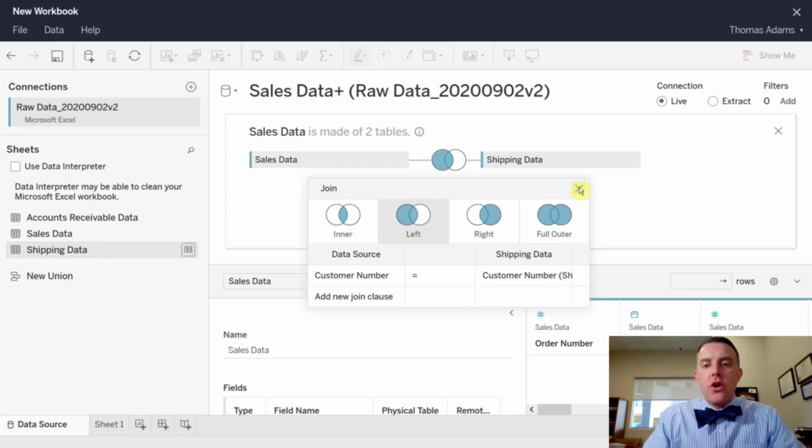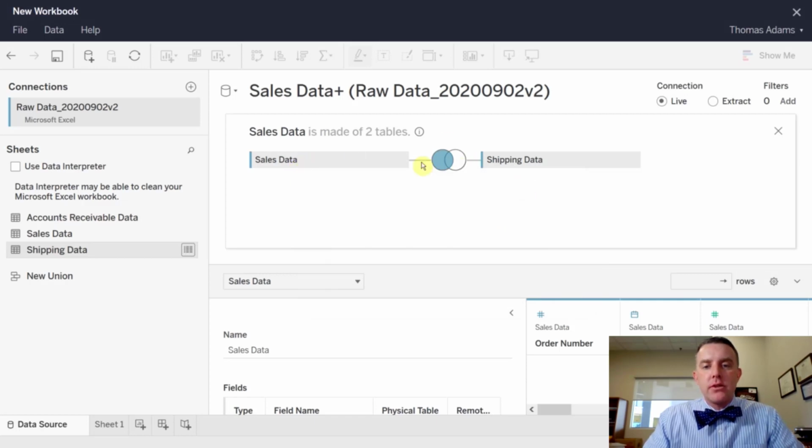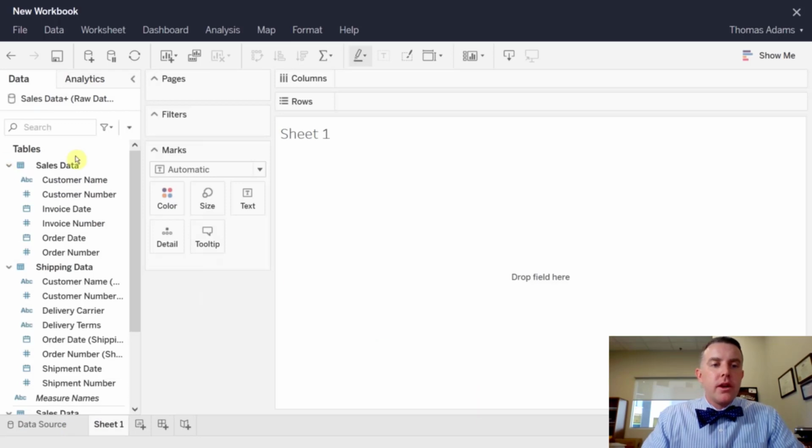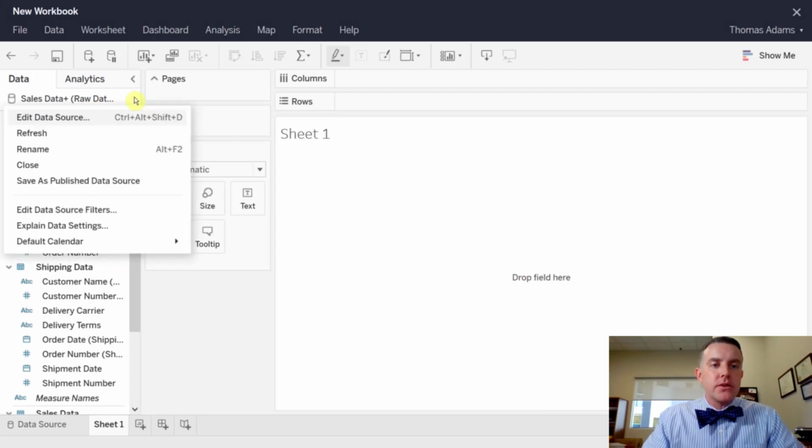We're going to retain all the sales transactions over here, so the full left circle, and then add in any matches from the shipping data for that left-hand circle. Okay, and now we have what we want. So we can click Update, and we have the joined together data. So now we can go to Sheet 1, and so now that we've joined these two data sets together, you'll see here it says sales data plus,